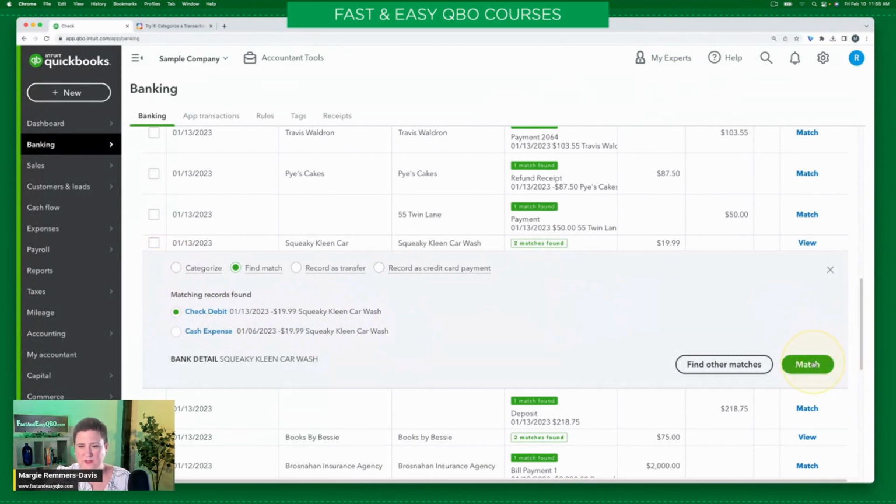Money out of the bank should be debited. Okay, yes. Yes. All right. I think that we are thinking too hard about this exercise, is I think what's happening. So I think it's just throwing you off, like Deborah said, that this word check debit. But again, this is a sample company and we have to deal with what's there. So, all right, I'm going to go ahead and click match